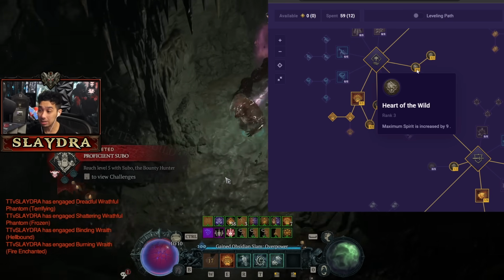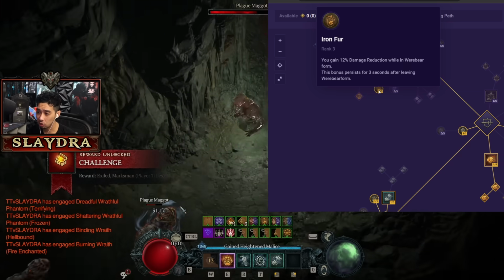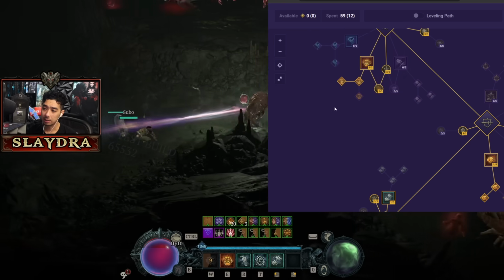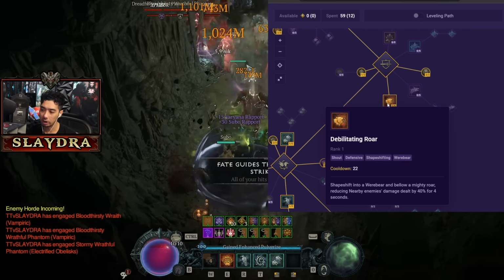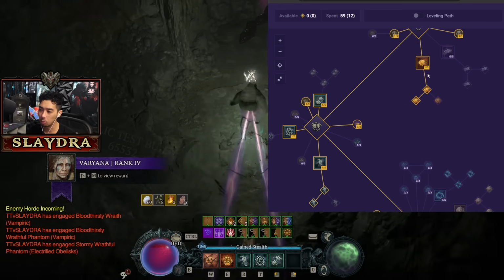And then we're going to get the more damage over here, getting increased spirit. And then we can also get the extra critical strike chance. We can also get Iron Fur for damage reduction. And then we're going to get this increased damage over here. It's pretty much the same things that you've seen in every single build. There's not really anything super important that's like brand new to the season, other than the poison nodes, which I'll